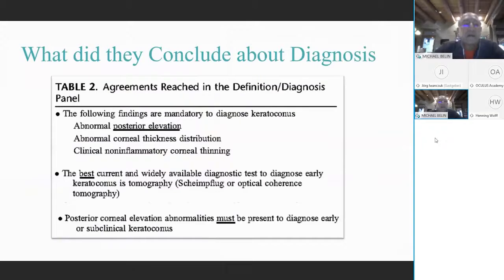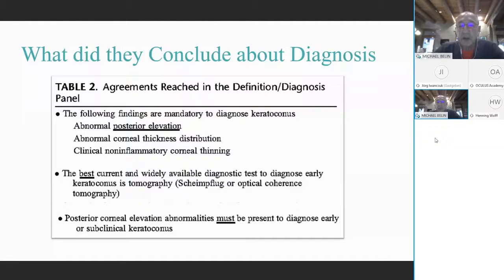And what did the consensus document conclude? Well, they said the following. The following findings are mandatory to diagnose keratoconus: an abnormal posterior elevation, and again, that's completely something that's ignored in the Amsler-Krumeich classification. Abnormal corneal thickness distribution, again, not something you find in Amsler-Krumeich. And the best current and widely available diagnostic test to diagnose early is tomography, be it either Scheimpflug or optical